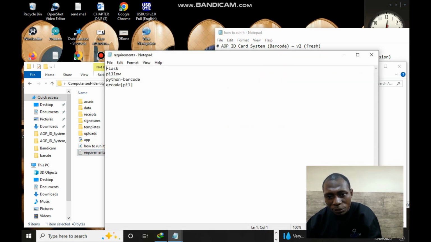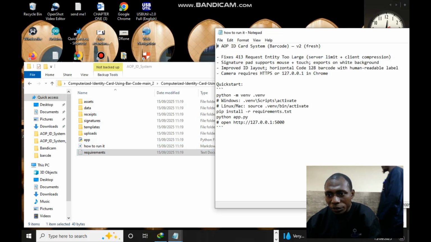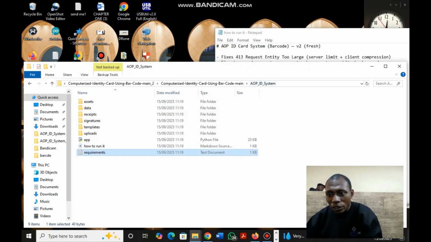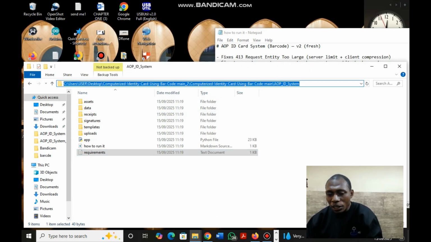Here are the requirements: Flask, Pillow, python-barcode, and QR code. But first, you need to create a virtual environment. The first thing you need to do as part of the requirements is create your virtual environment, so it will not install the requirements in conflict with your previous Python libraries on the system. So let's create a virtual environment, and to load the program, click on this dashboard, then type cmd,